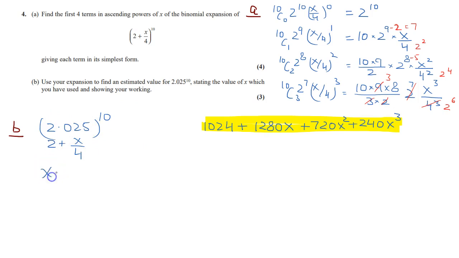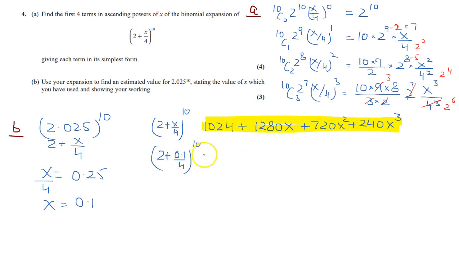So let's say x over 4 is equal to 0.025. So x will be 0.1. So this is the value of 2 plus x over 4 to the power 10. Let me put x is equal to 0.1. So 2 plus 0.1 over 4 to the power 10 is equal to